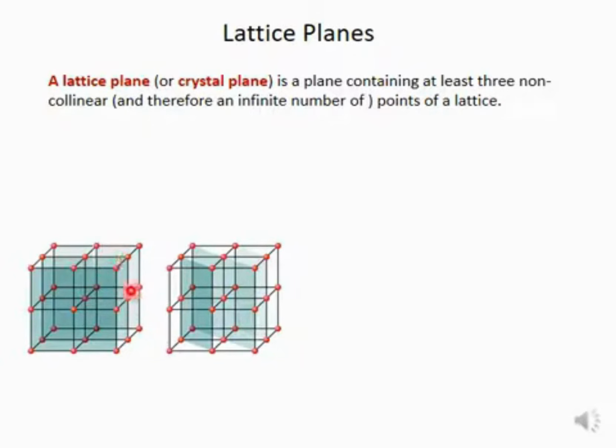Similarly, we have another set of planes just behind it, which also fits the definition of a lattice plane. Again, here is a lattice plane in a slightly tilted orientation. There are 6 lattice points here, and another contains 9 lattice points. So these are oriented in different directions. All these planes are nevertheless lattice planes, or you can call them crystal planes, because they contain at least 3